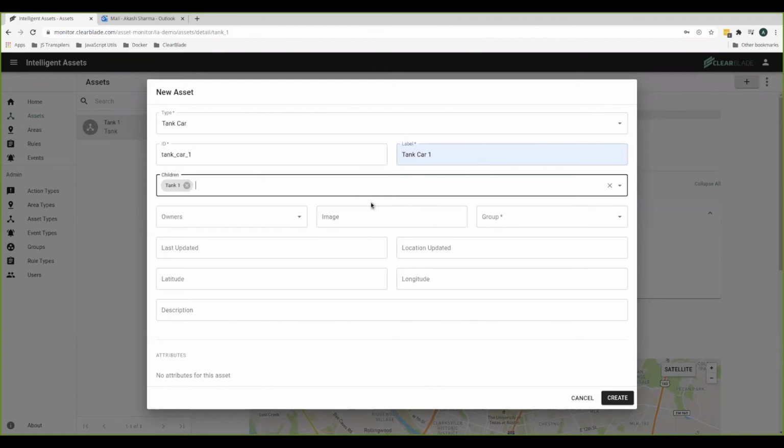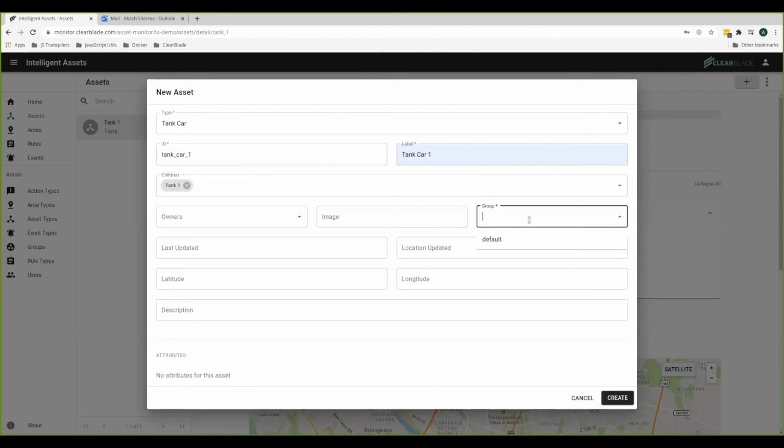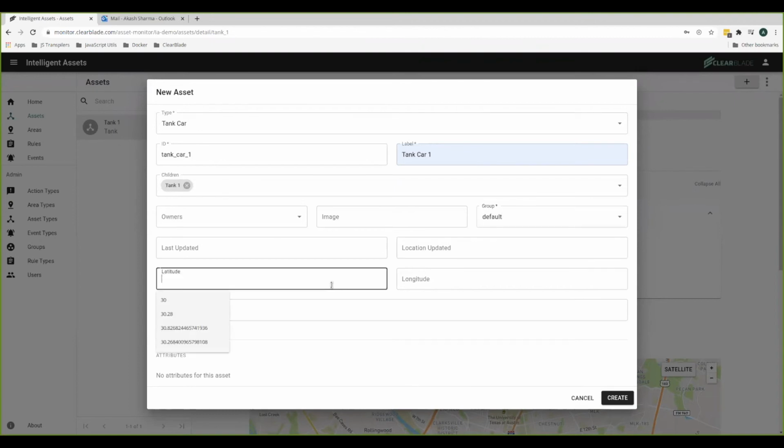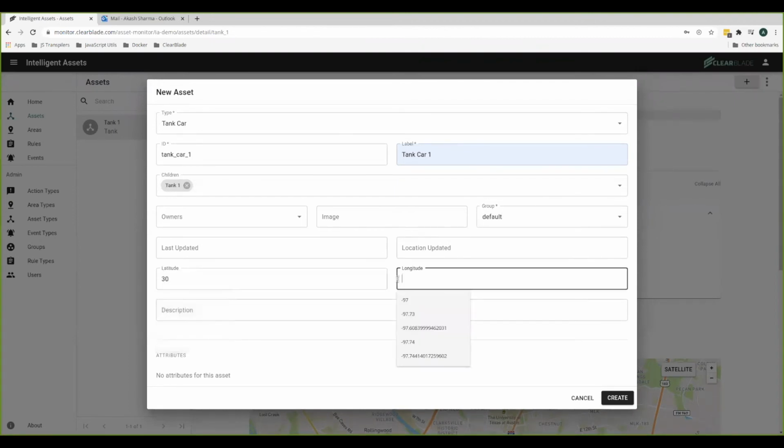And I can give it an image. I'm going to assign it to the group default, and the location, let me just make it, I don't know, 30 and minus 97. So that's in Austin somewhere, more or less. Actually, I should say somewhere in Central Texas, more or less. And there's no additional attributes. So if I hit create,